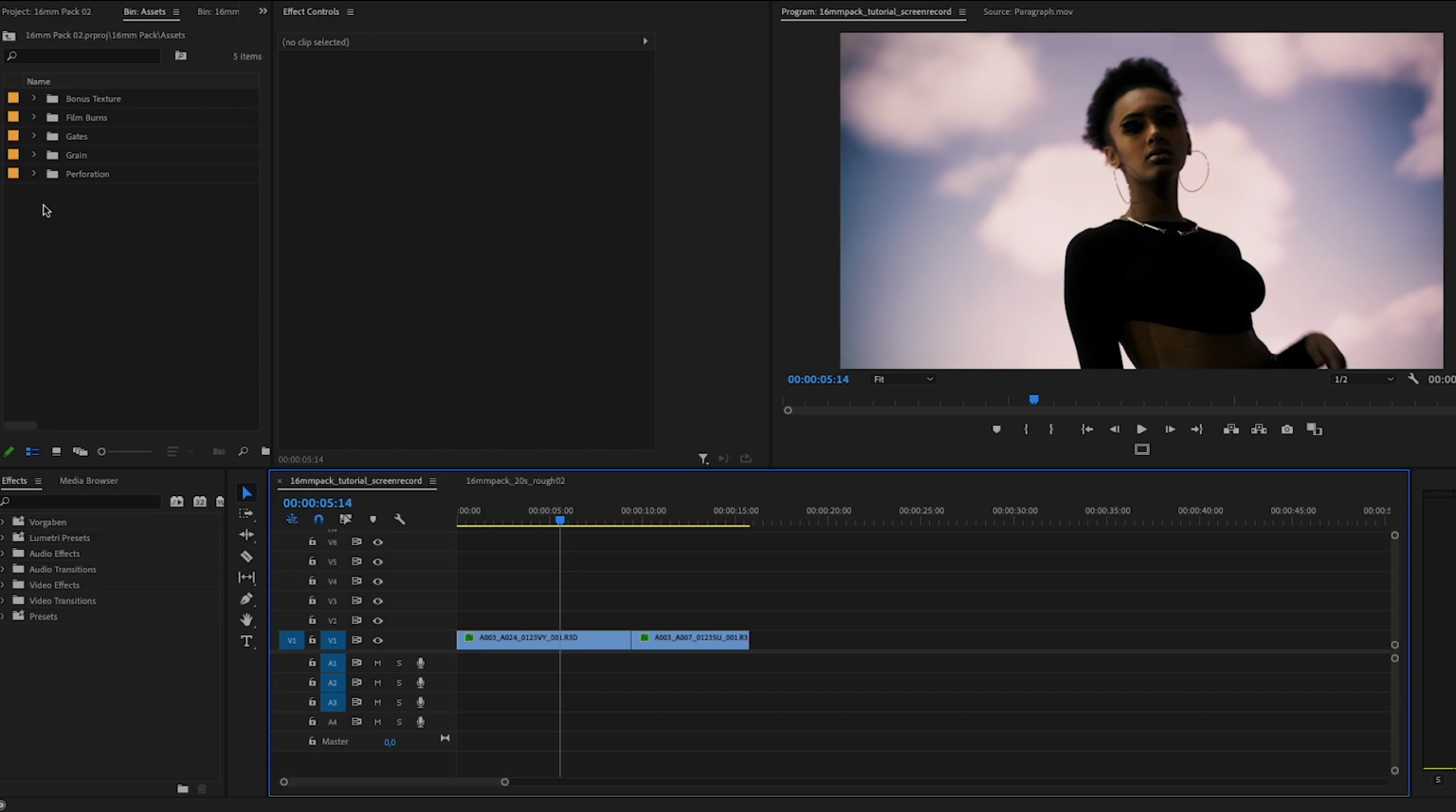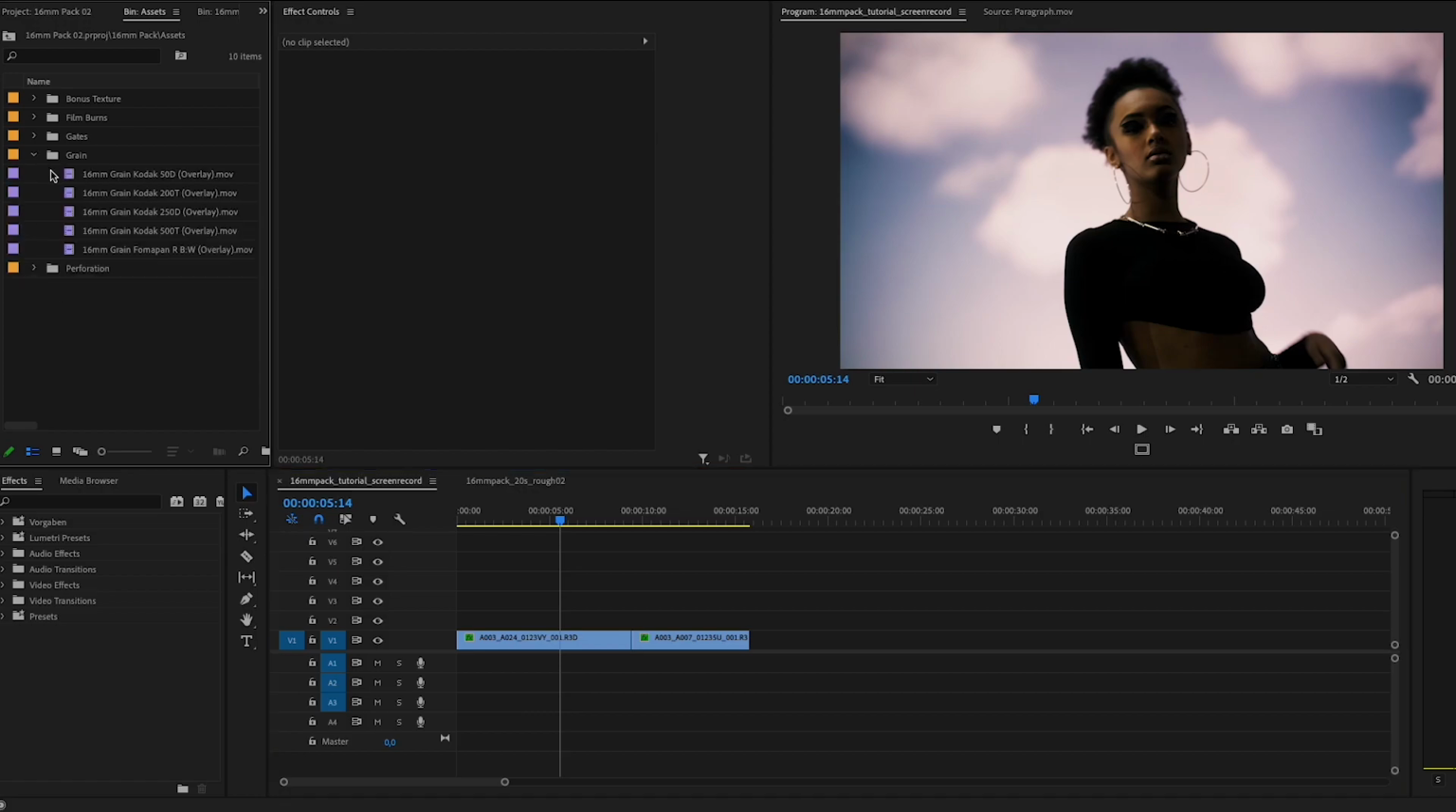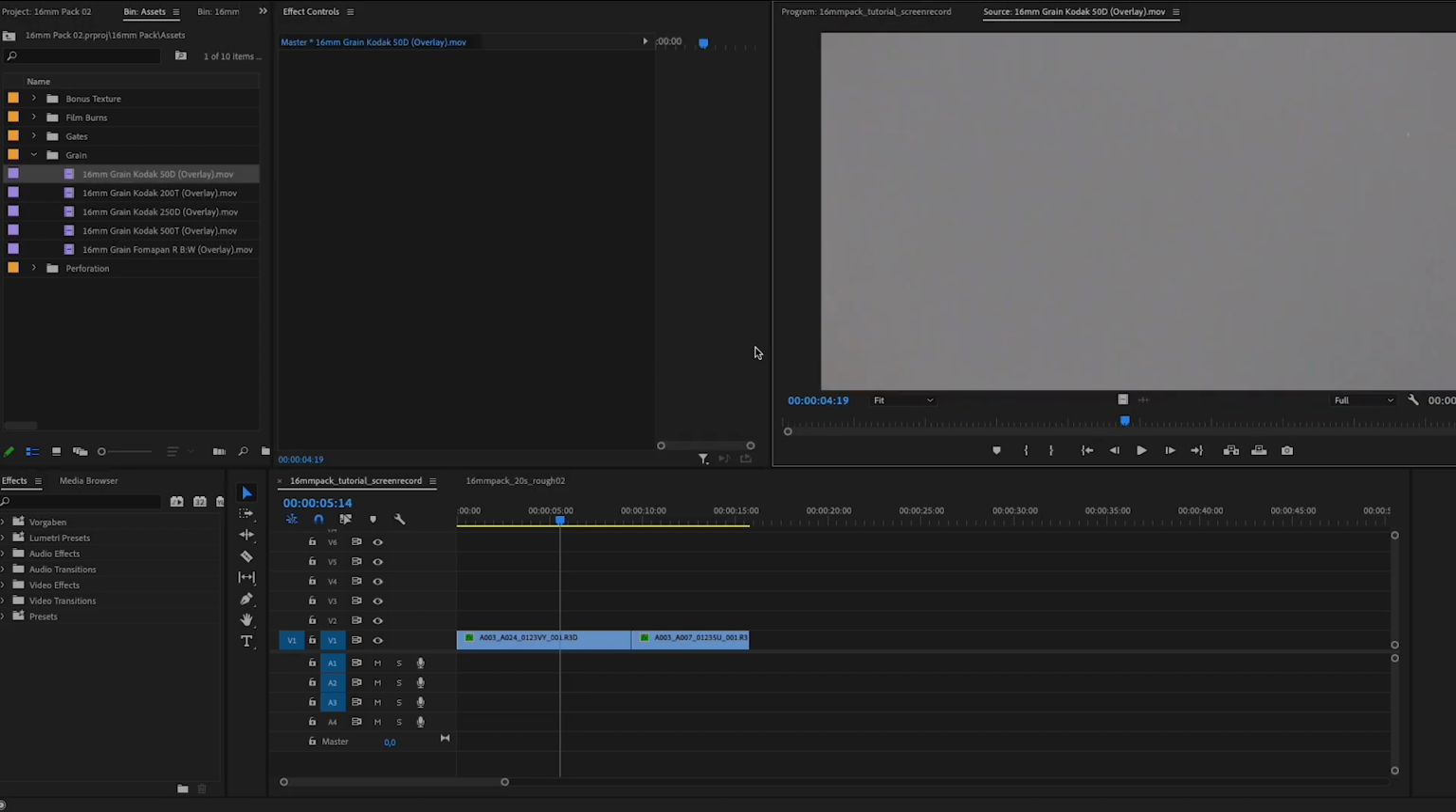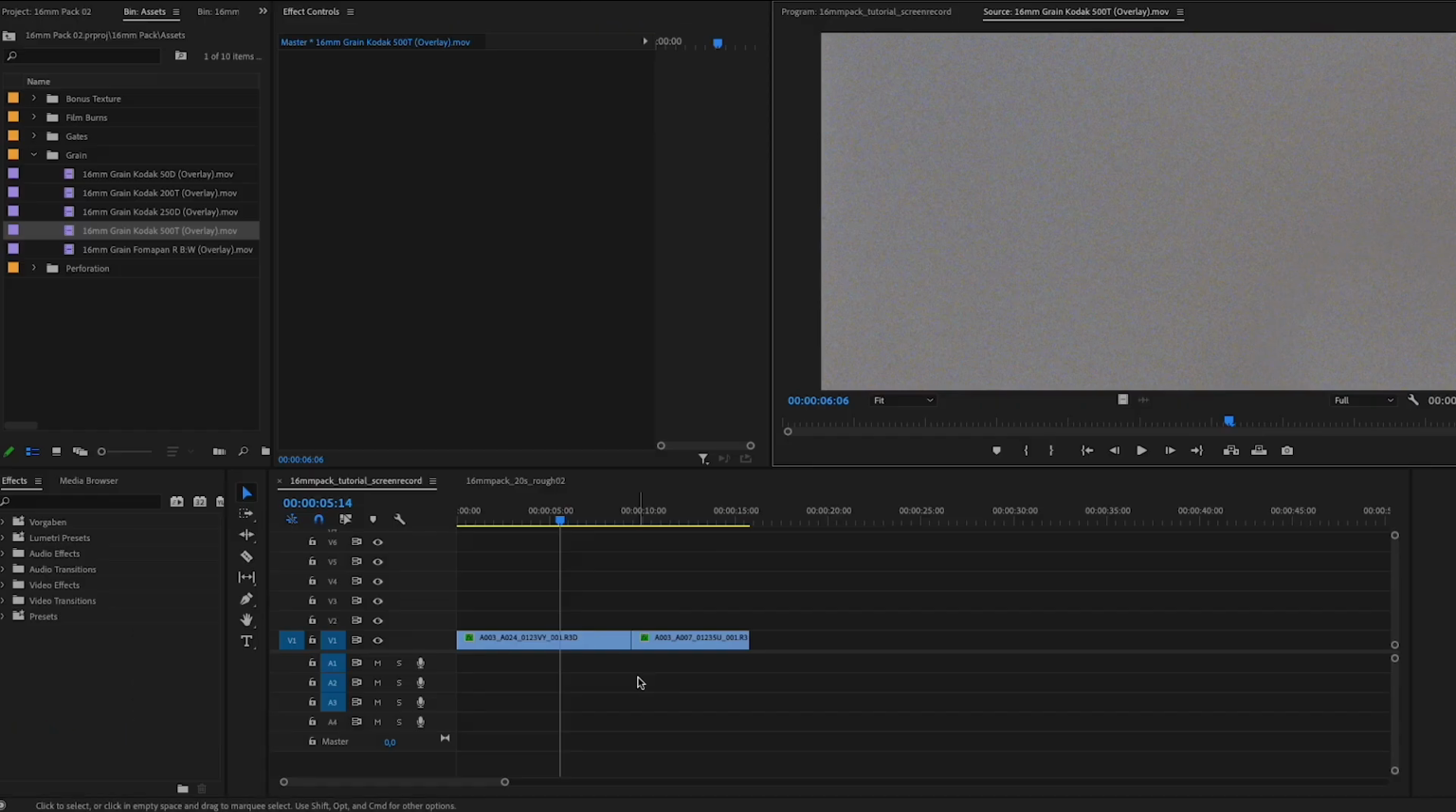If you download this package, you're going to get this folder structure here. And to begin with, I'm going to open up the grain folder. So when you open up the folder, you're going to see that you have a variety of different grains here. We shot a bunch of different film stock so that you have different strengths of grain to work with. So for example, the Kodak 50D is quite a fine grain, and then the 500T is a much denser, more edgy kind of grain. I personally like this one a lot, so let's grab this one to show you guys